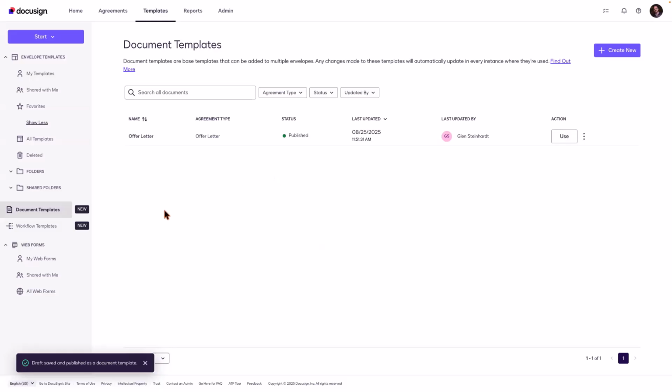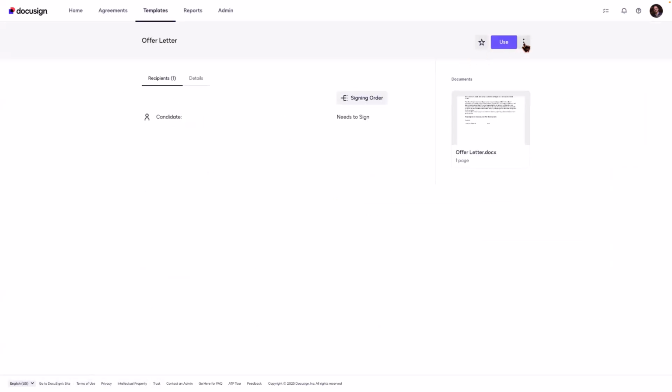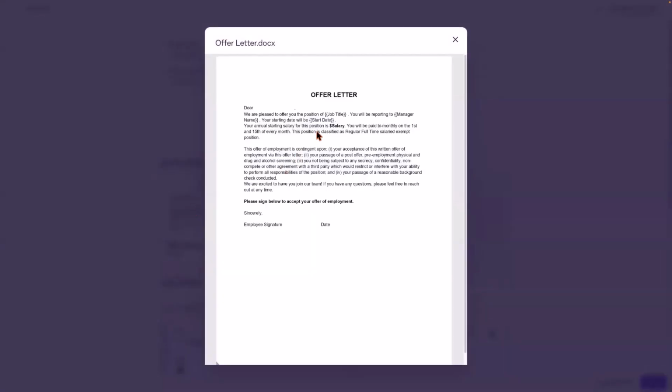And just so you can see it, because I do want to show it to you, let's click on our templates here. Let's go into our envelope templates. I'm going to click on all templates. We'll go into our offer letter. Let's go ahead and click into that, and we will edit this. And if we take a look at our document that comes in, just to show you that that $ sign has been added here going forward. So it propagates any change that you make on the document template itself. It will carry forward to all of the envelope templates that it's associated with.